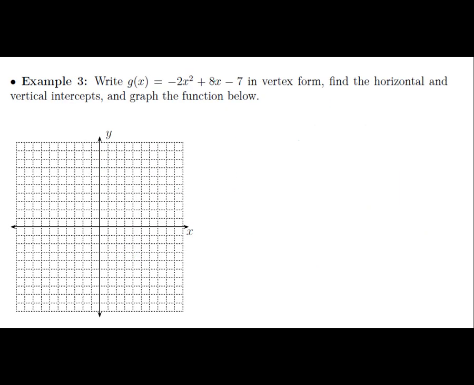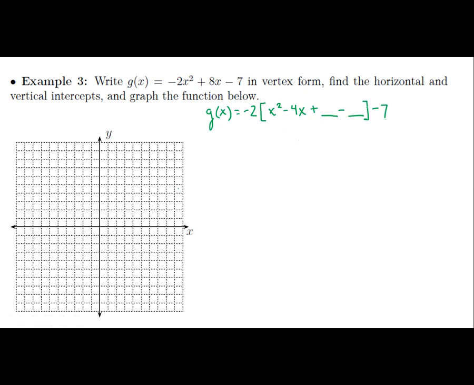So we want to be able to do the same thing here. But right now I've got a -2. So anytime there is a number here besides +1, we're going to start by factoring that number out. So I'm going to pull out a -2 first and see what I'm left with. So I would have a positive x squared minus 4x. And then just like in the last problem, we're going to add something and we're going to subtract something in order to